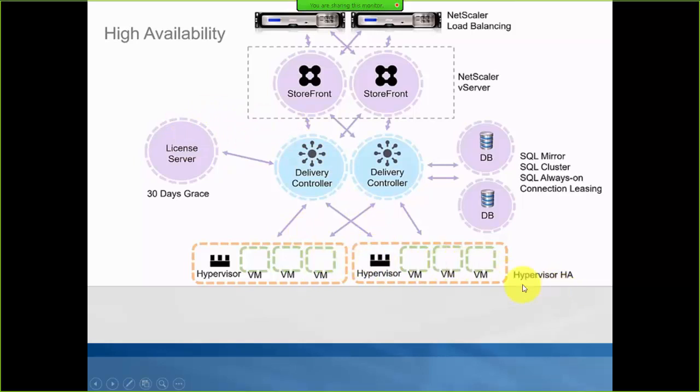And there could be two hypervisors as well, on which the machines are. Their hypervisor high availability is a topic for when you're going through hypervisor topics, of how to make the hypervisor highly available. Then there are databases, high availability: SQL mirroring, SQL Server clustering, SQL Always On feature, and connection leasing. There is that cool feature called connection leasing. And what happens is that